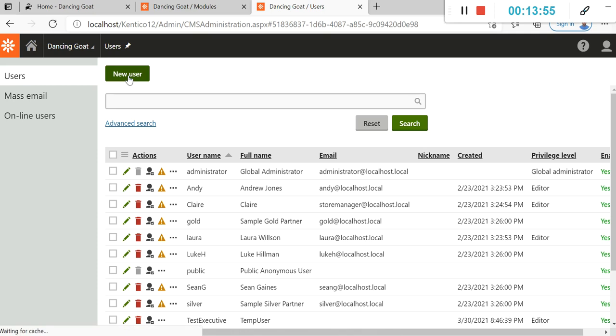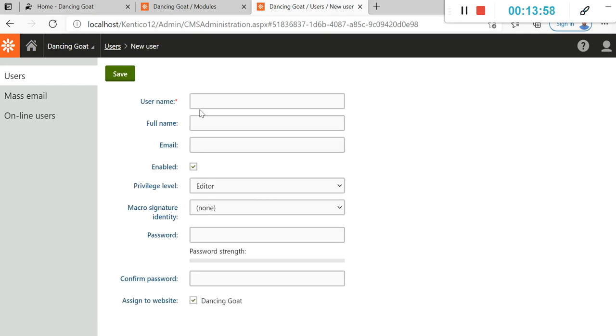Let's create a new user. Username should be office editor 1. Okay, let's enable this.